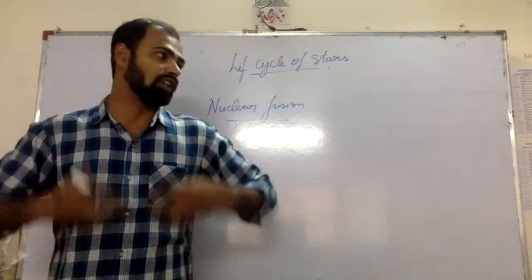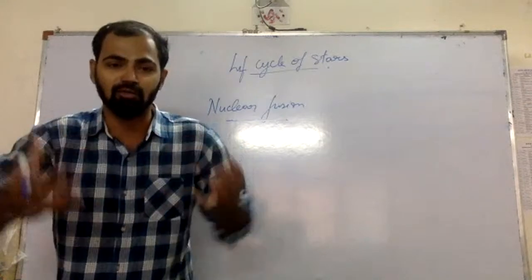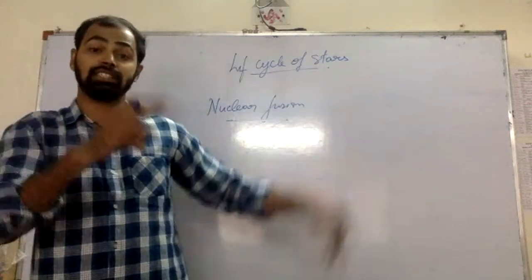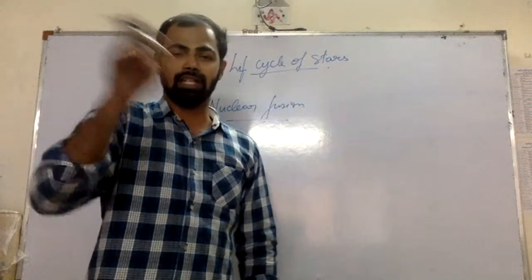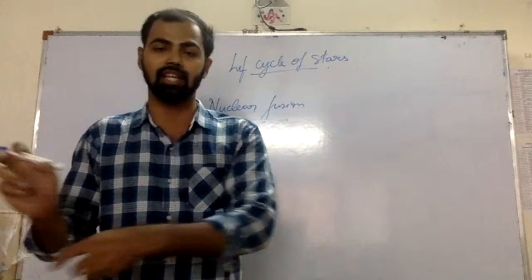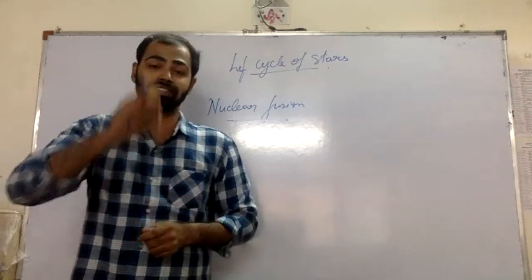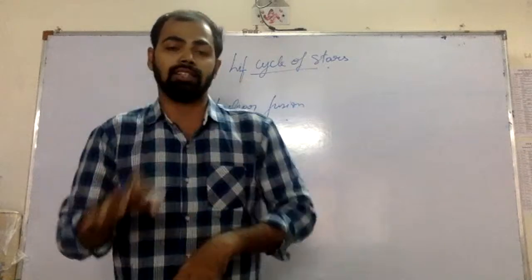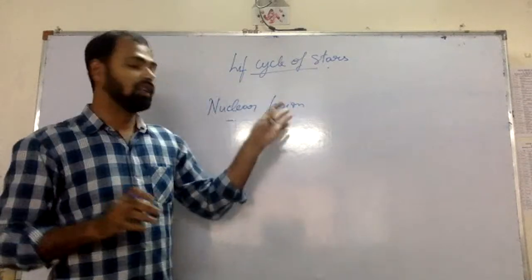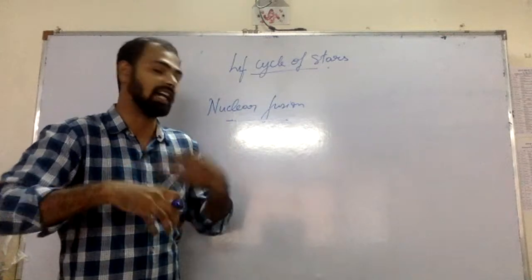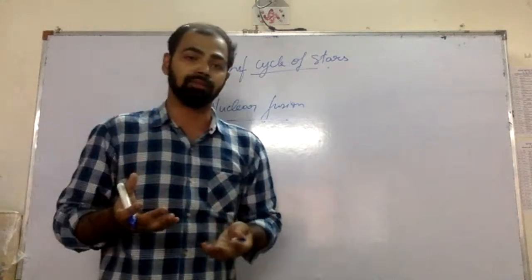Okay, and it continuously keeps burning, burning, burning, and you'll be able to see that the entire star will start to glow, because of the energy which I already mentioned. Whenever we say energy, it is mainly light and heat. In space, it is exclusively a lot of heat and a lot of light happening over there. So nuclear fusion happens, and due to that the star starts to burn.